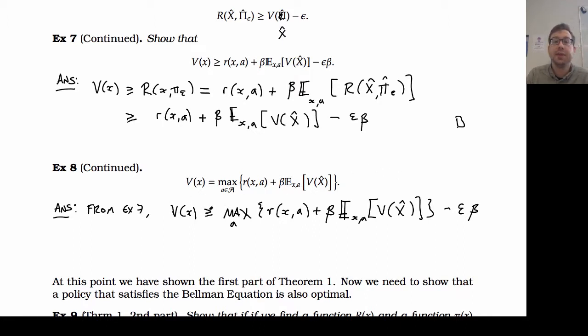Now notice that this expression here doesn't depend on epsilon. This doesn't depend on epsilon, this doesn't depend on epsilon. All the information about epsilon I used to get to this point I haven't used. So essentially I can just let epsilon be any number that I like, and this inequality is going to keep holding. So I can let epsilon go to 0.